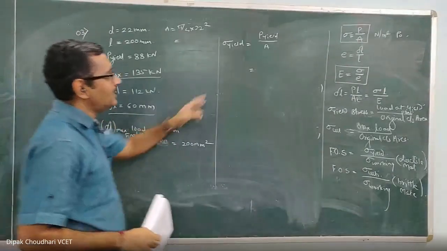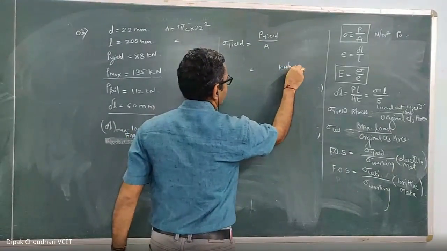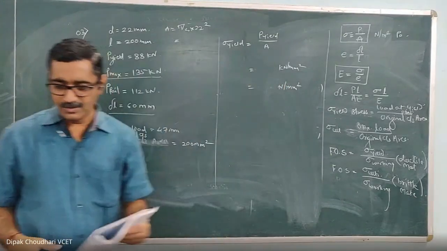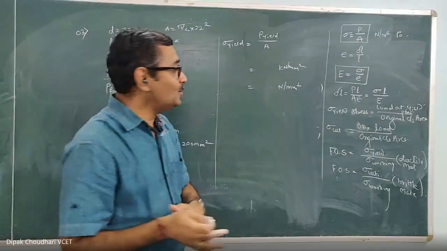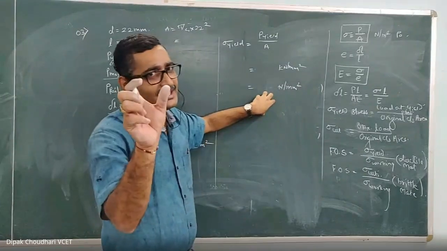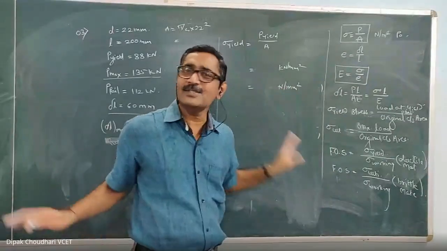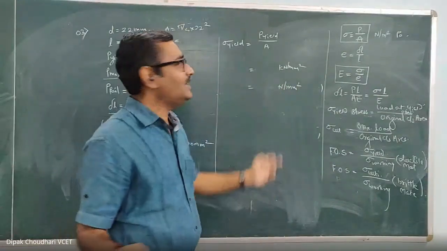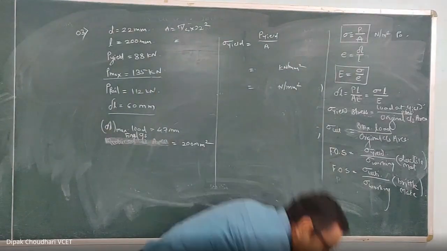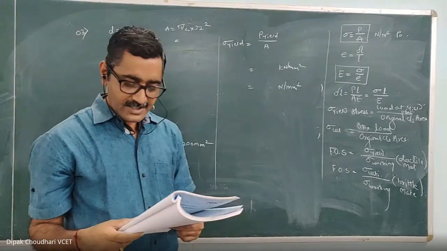If you substitute that P in kilonewton and area in millimeter square, you will get the answer in kilonewton per millimeter square. If you take P in Newton, write the unit accordingly, Newton per millimeter square. Here, what do students do? They take the P in kilonewton, area in millimeter square and calculate it. The number is correct, but they write the unit Newton per millimeter square. With that number and this unit, the answer is wrong. So the quantity as well as the unit, both should be proper. So this is the yield stress, the tensile stress at the yield point.